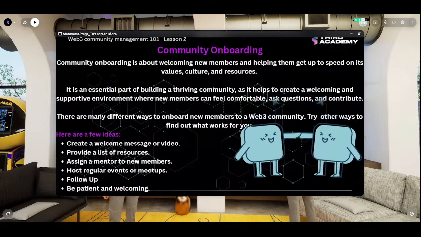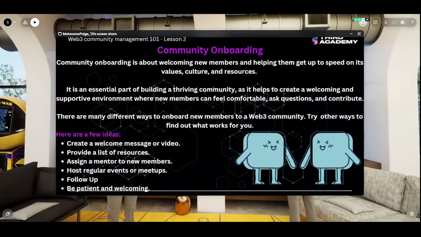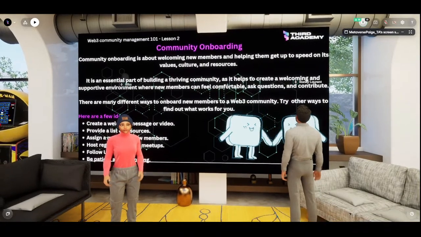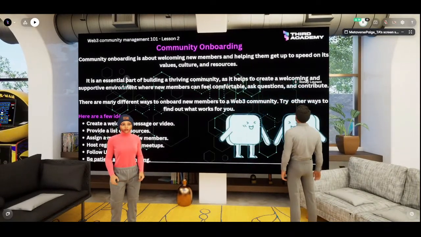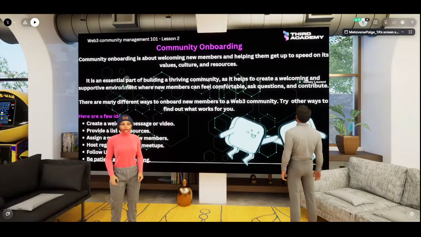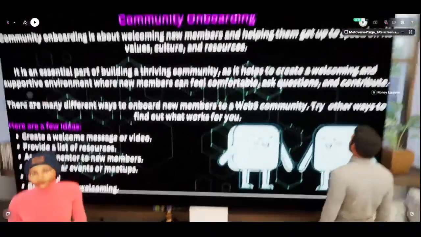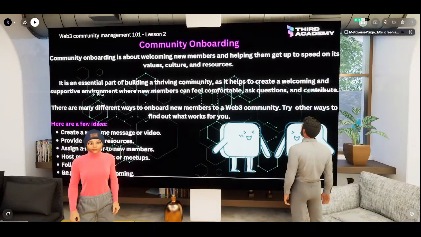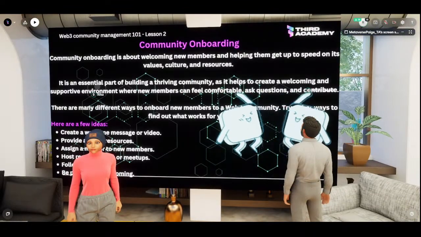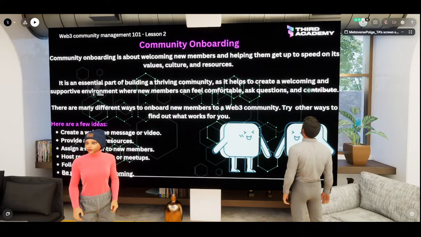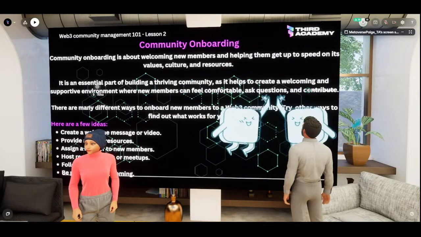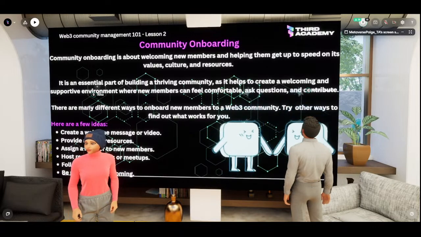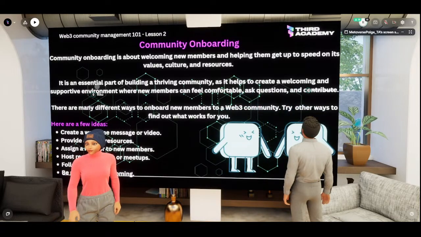When it comes to community onboarding, it's just a way that you welcome new members to your community and help them get up to speed on your community's values, culture, purpose, as well as resources, right?